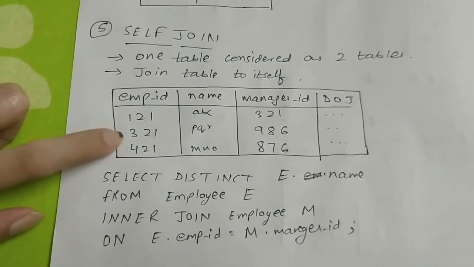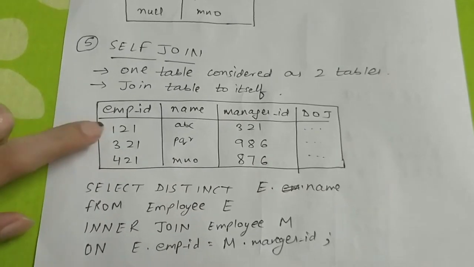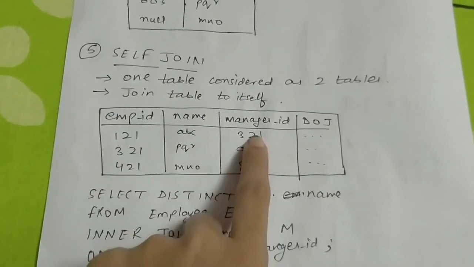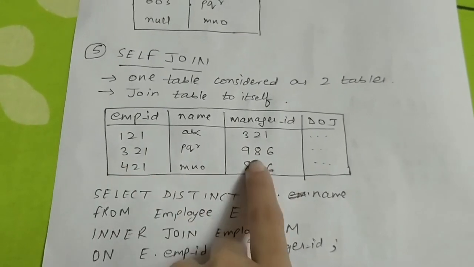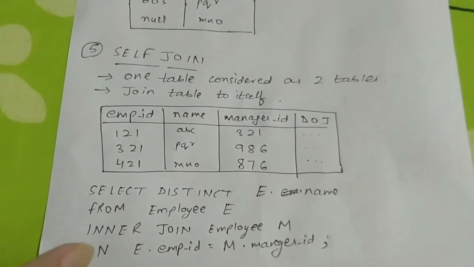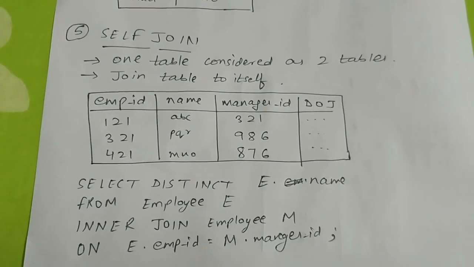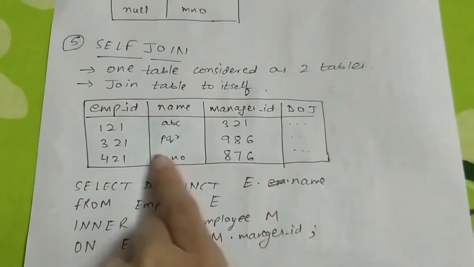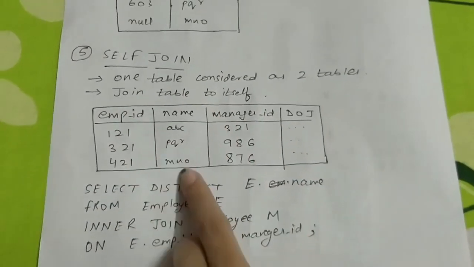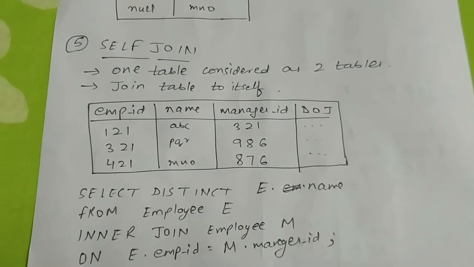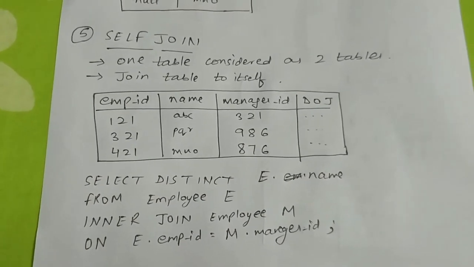Emp ID is 121, 321, 421. Okay. Now as you can see, 121's manager is 321. Okay, 321. And similarly, these have different managers. But if we want to find out which employees are managers, what are we going to do? Self join. We are going to join this same table on itself. Okay, and we are going to actually perform an inner join, which will print